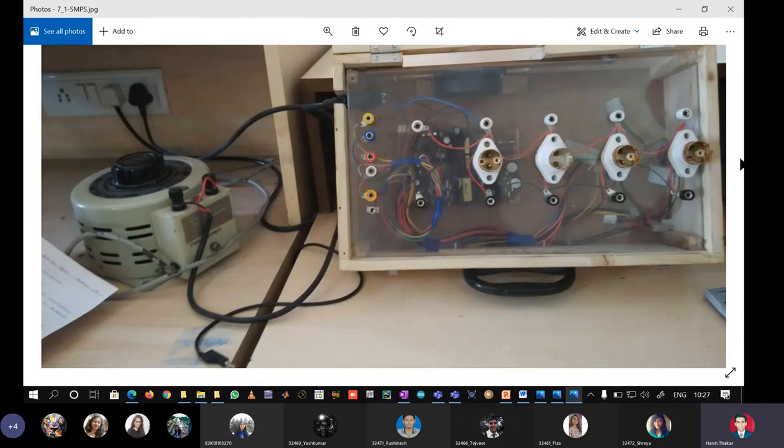Instead of driving the SMPS unit from the wall socket, which usually outputs a 230 volt RMS supply, now we are driving the SMPS unit from the output of a dimmerstat. You can see the dimmerstat here. The dimmerstat is connected to the wall socket, so it gets 230 volt RMS, and by changing the upper rotary dial, we can change the output of the dimmerstat anywhere above 230 and below 230.